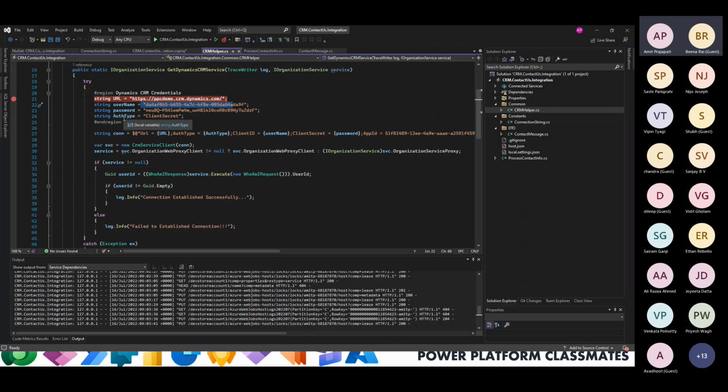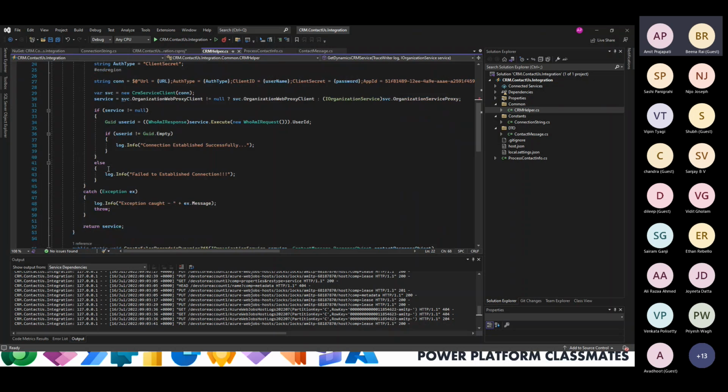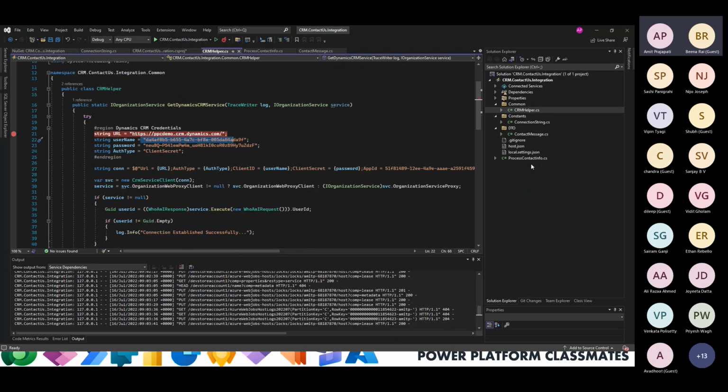and they can build an application which can mess up your data directly, because these are very sensitive data for your system, and you might have the invoices of a customer with a lot of transaction data, and everything can be ruined, right? So now this is a connection class that I have created, which returns the IOrganizationService, which I use for further processing. If I go to the main class, which is this one,